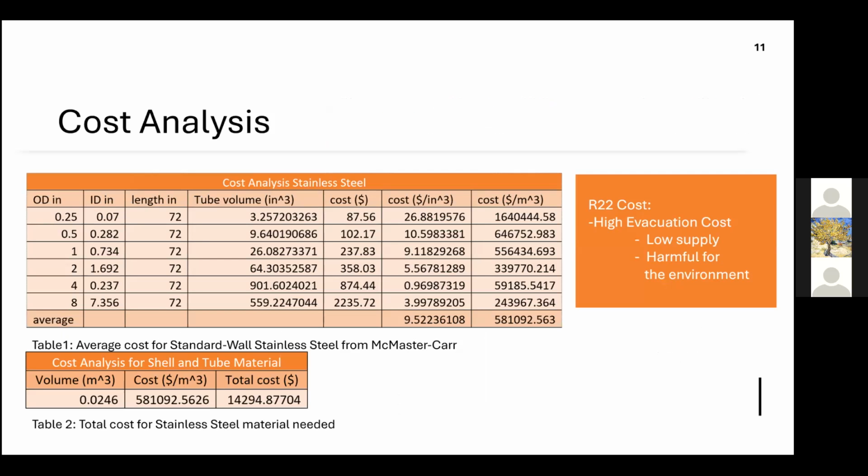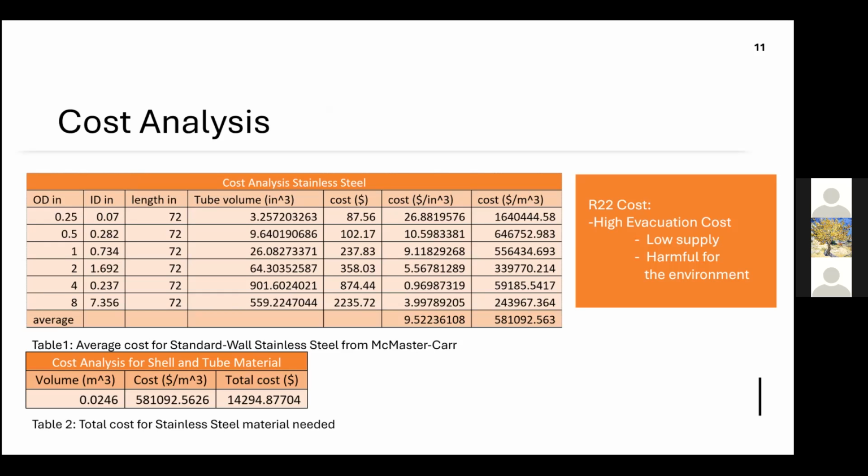So we performed a cost analysis for when our R22 flows through the shell side of our heat exchanger. This cost analysis was done by taking different sizes and different prices of stainless steel tubes from McMaster-Carr, finding the dollars per meter cubed, and then multiplying it by the volume of our shell and tube exchanger that was found from our SolidWorks model. Our total cost came out to